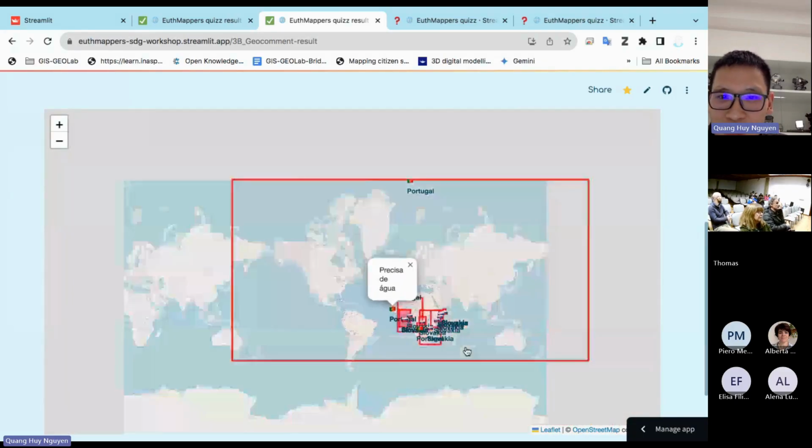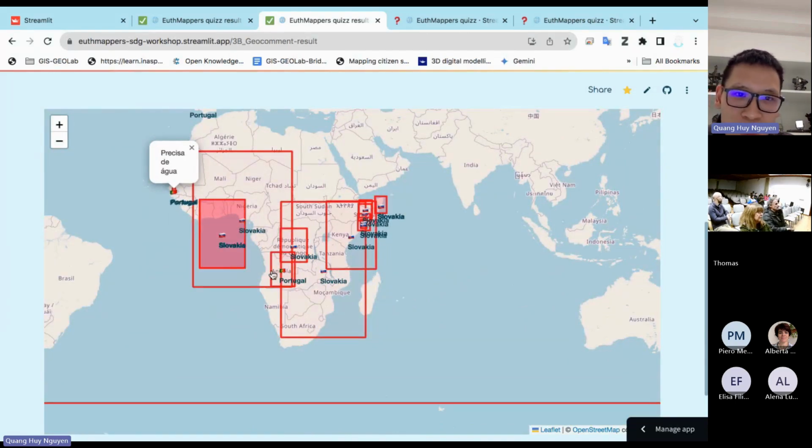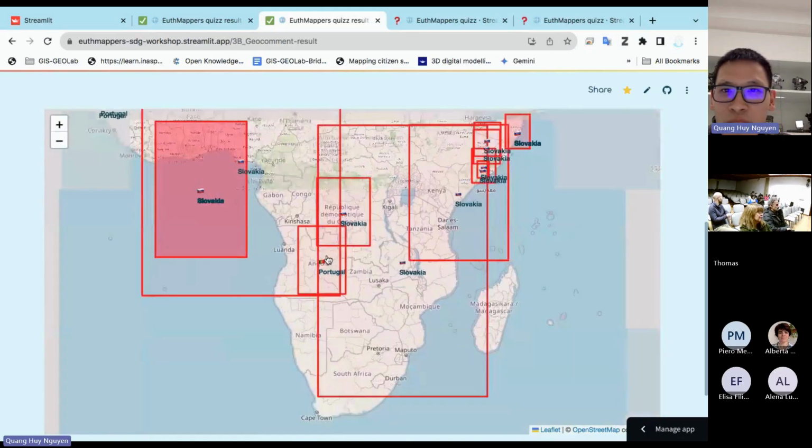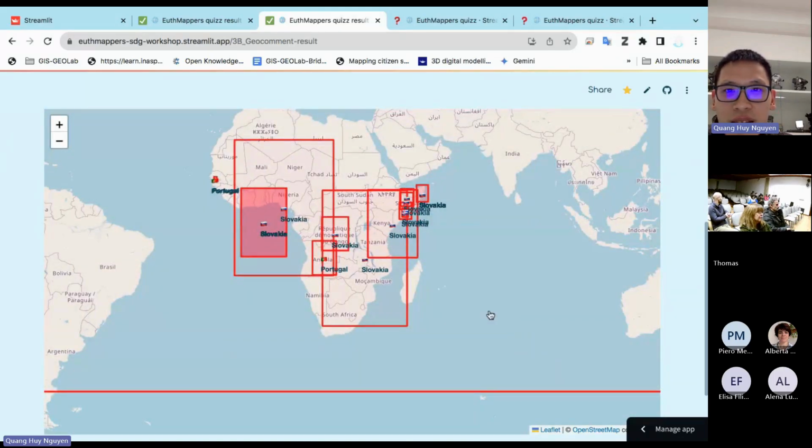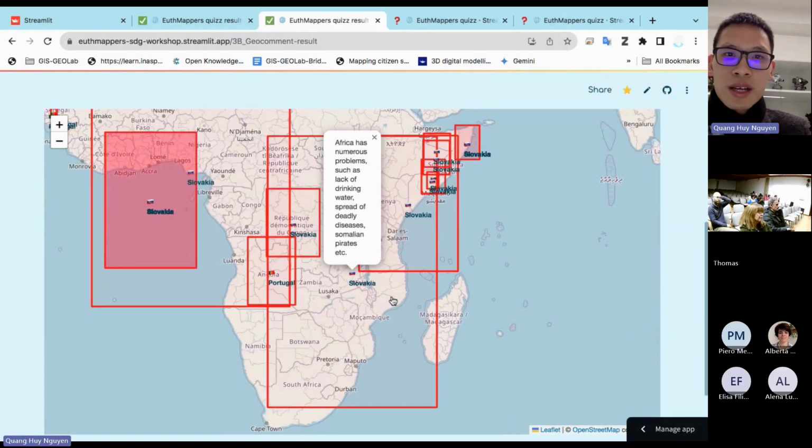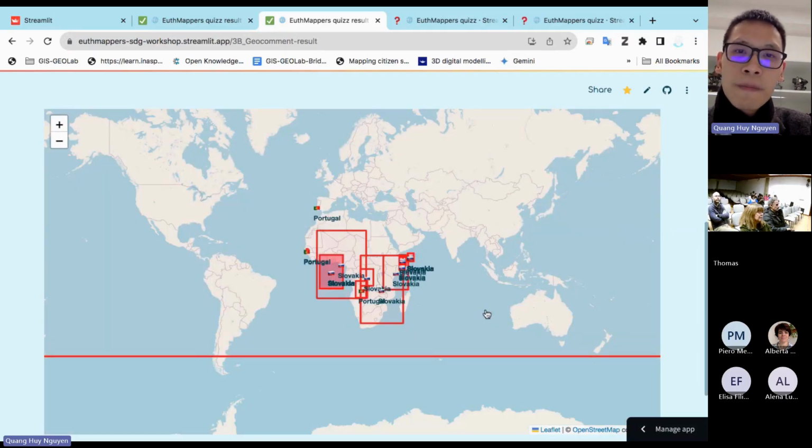So water problem. Water is the main problem everywhere. It goes also in Angola. So throughout this practice, we can see not only your interest in one kind of problem, but which area is more interesting. Here we can see that most of you are interested in the problems of the Africa continent, since there are a lot of problems there.